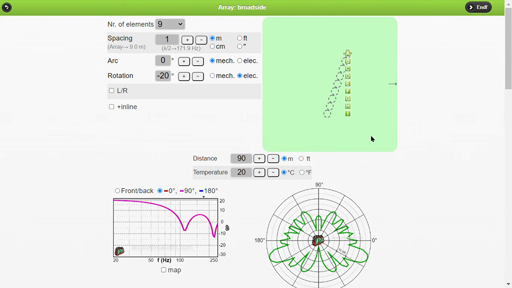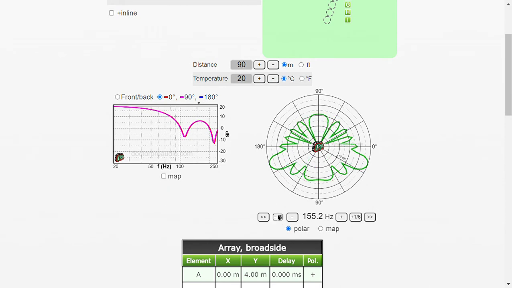If we do it electronically, we can see that there is a front lobe which is pointing down 20 degrees in this case, but there is also a lobe pointing down 20 degrees downwards at the back, which might not be a good thing if we have neighbors in the back or noise contamination issues.